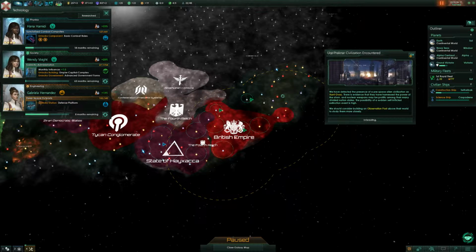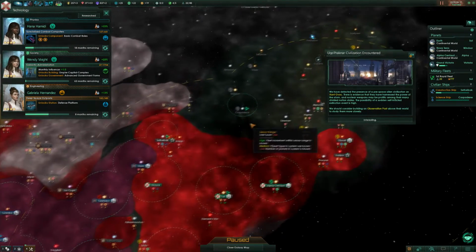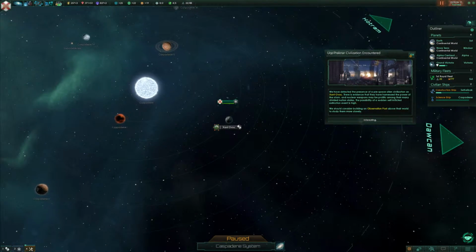I'm not quite sure. I was also researching deep space outposts, and we finished our last influence technology, so I figured we'd go with the next one because we're going to need a lot of frontier outposts to fill up this territory over here. Besides that, I was going to let it keep on rolling, and then we discovered what